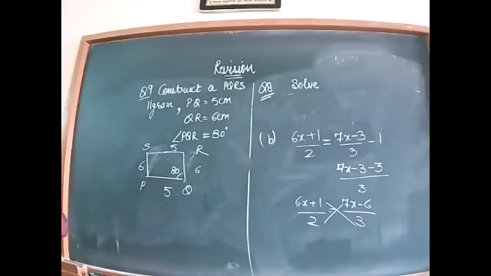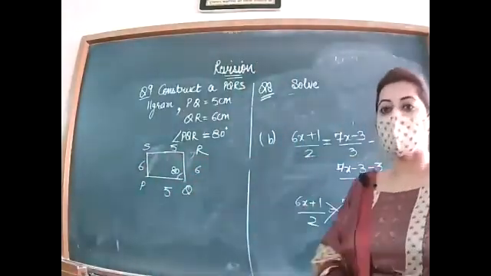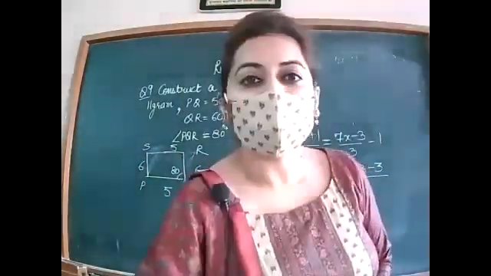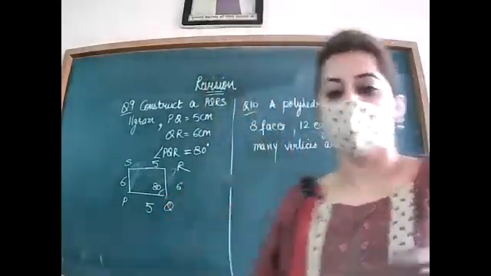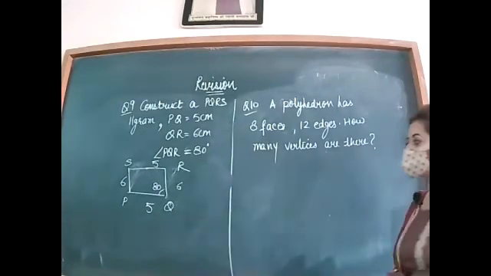Start with the base. Now at least 5 things are required to construct any type of quadrilateral. So 5 things are there, and the property that I have just spoken you will write side by side. It's compulsory to write the property. Write the property: opposite sides of the parallelogram are equal.